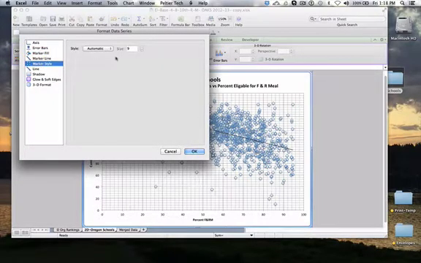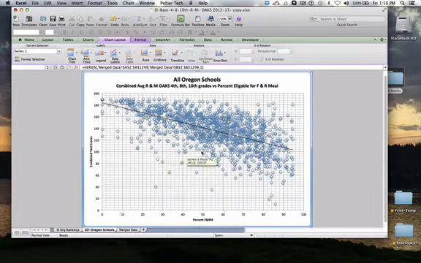I can also change the size or what they actually are. They're diamonds, and they're at a size of 9. And I think I'll leave that for right now. So that looks much better. Again, I'm going to save it